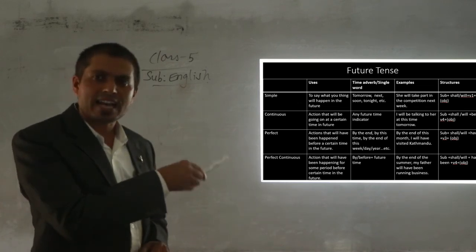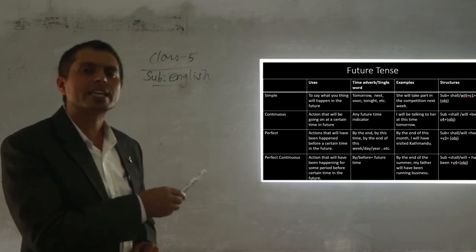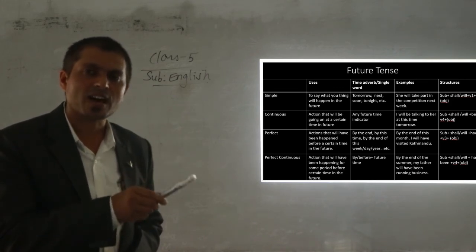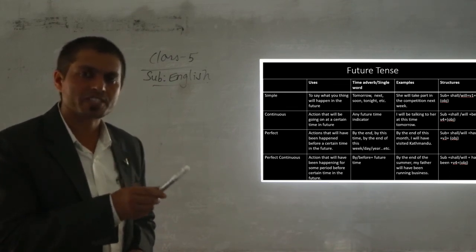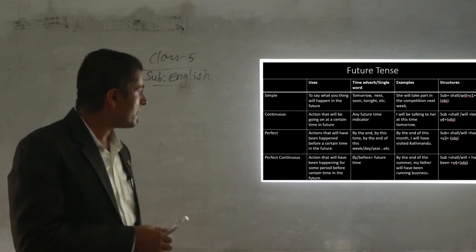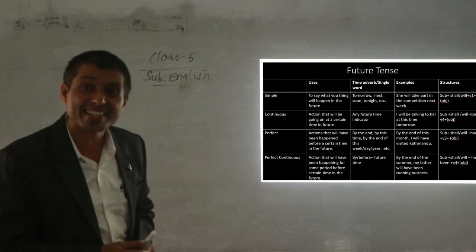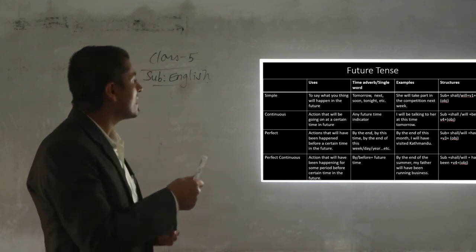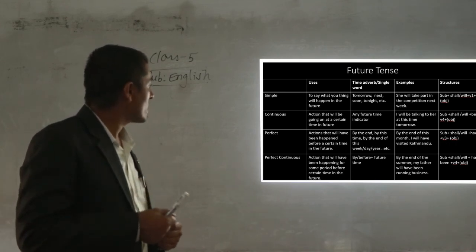Good. Now last but not least we have number F. We shall attend the meeting next week. Into future perfect. Future perfect structure, what you have learned before? Subject plus shall or will plus have plus verb 3 plus object. Now change this into future perfect. We shall have attended. Attended, the past participle form of the verb. We shall have attended the meeting next week.